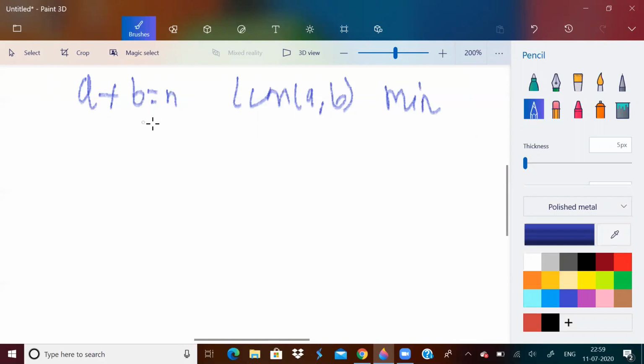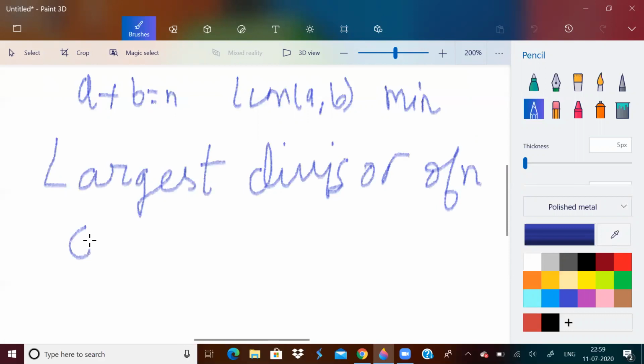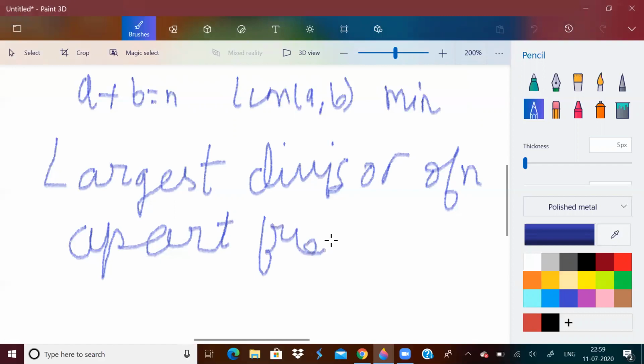The best answer for this problem I felt was to just find the largest divisor of n apart from n.